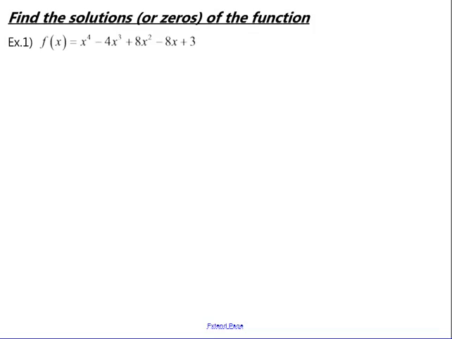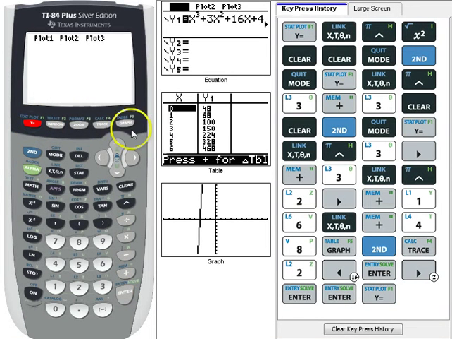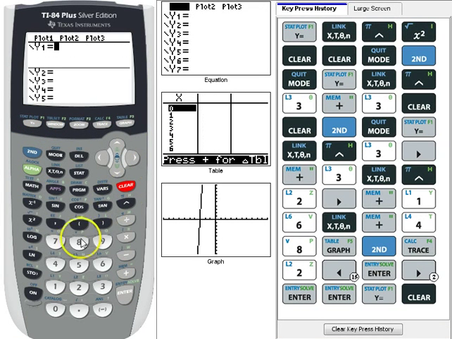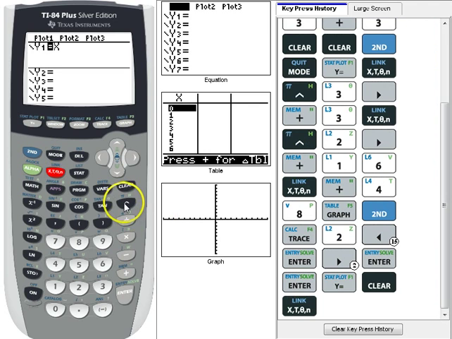Let's go ahead and work through this example together. So first, let's find the solutions or zeros of the function. So remember, our first step is to take the equation and then graph it in our calculator and calculate a 0. So we go to y equals, clear the equation that you have, and then type in your new one,